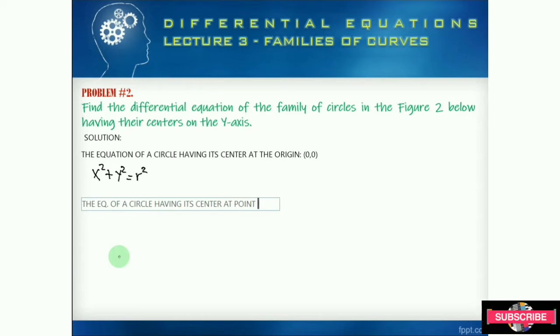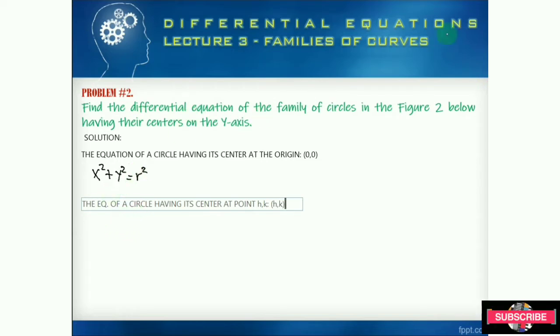So we will denote this one as our variables h and k, meaning its coordinates are this one. So we have h and k. Okay, so the equation of a circle having its center at point (h, k)